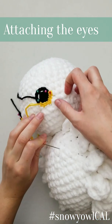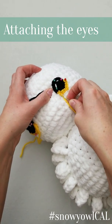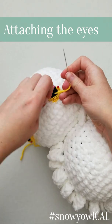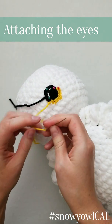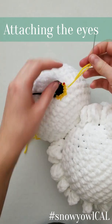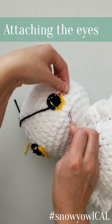So once you've worked your way all around securing the bottom of the eye, you're going to knot off, and you're going to try and knot your yarn off kind of almost underneath the eye, because you don't want it to be visible. You're going to go ahead and kind of weave in the ends. For me, that's going to look like just kind of pulling it through, unthreading my needle, cutting a little bit, then hiding that in the...